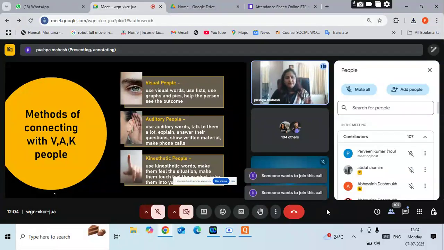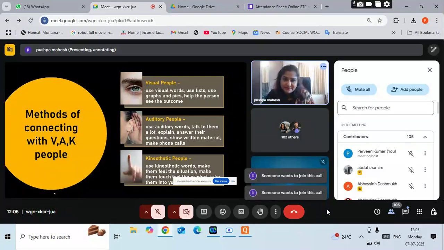When you open a book and you are more interested in the verbal content, you're an auditory person. When you see a picture and don't even want to go through the verbal content, you get the idea from the picture and remember it forever, like students especially, they are visual people. When you are really attracted to the diagram, you're a visual person. And when you are attracted to the paragraph or the thing written there, then you are an auditory person. But when you really want to try the experiment, do it, and only then you'll be convinced, then you're a kinesthetic person.